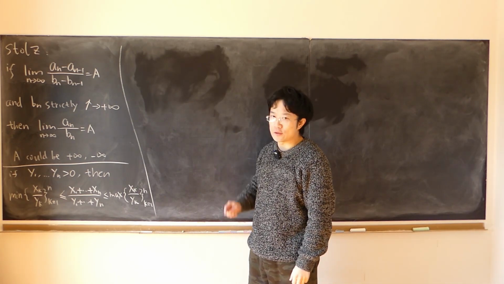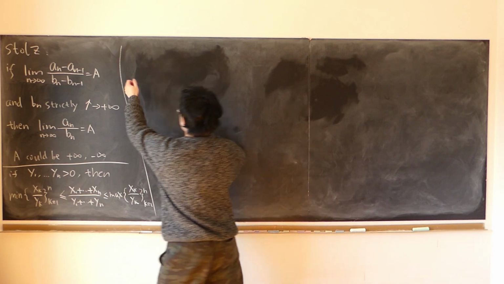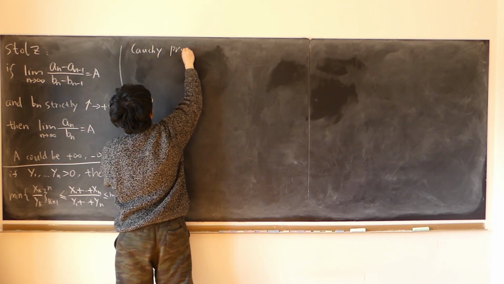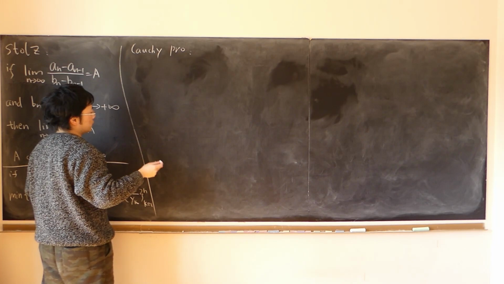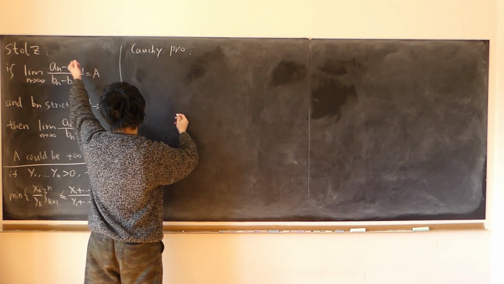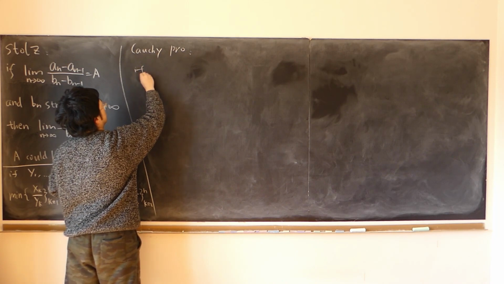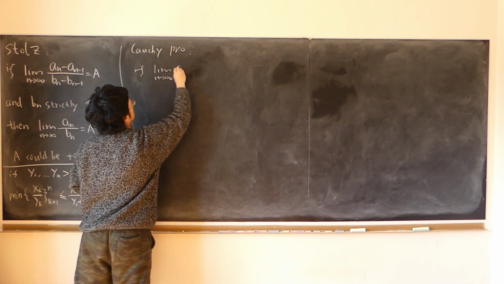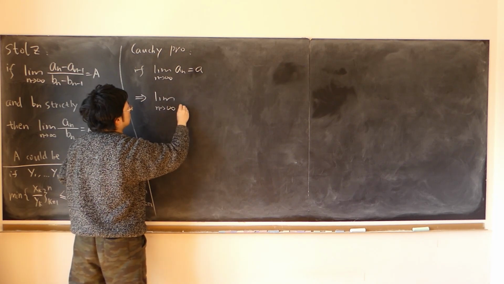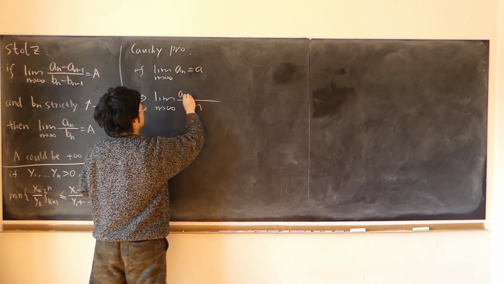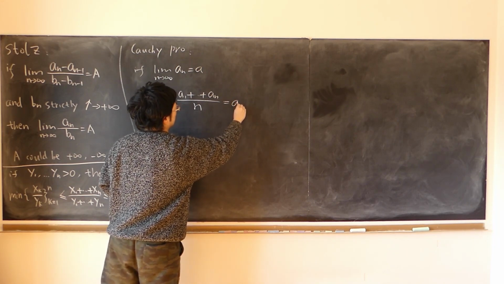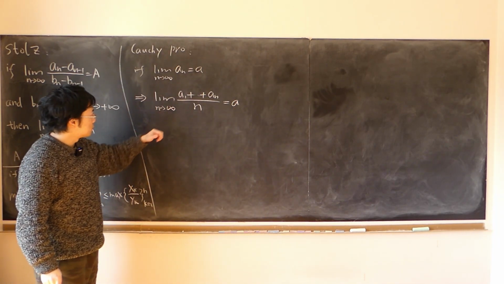Now this time using our Stolz theorem, we can easily work out the previous Cauchy proposition, which I've proved in a previous video using a different method, epsilon capital N. This time we can use Stolz theorem and quickly prove it: if the limit of an is equal to A, then we can easily show that the limit of the arithmetic average of the sequence also approaches the same limit. Why? Because